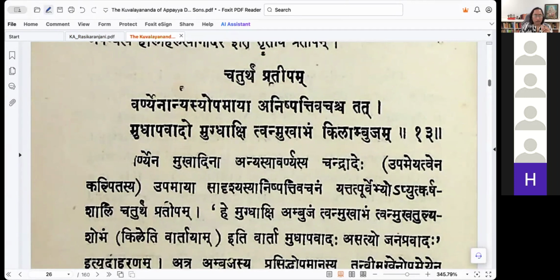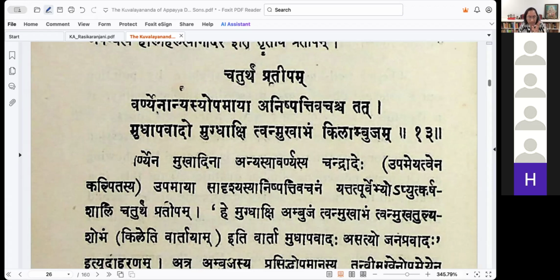Now the fourth variety of Pratīpam. Varnyena Anyasya Upamayaha Anishpatti Vachaha. This is just an extra fitting from the third one. That's all. So now we have settled both Varnyam as the Upameyam. Upamanam, Prasiddha Upamanam is your Upamanam. So that part has not changed at all. Only the first and second we switched it over. Now from the third we are going back to the original Upama kind of thinking, where the Upameya is